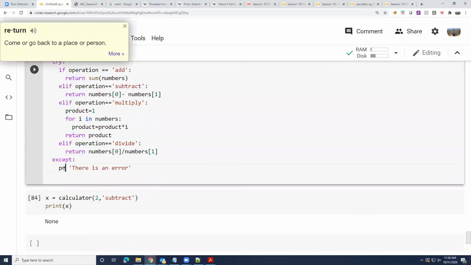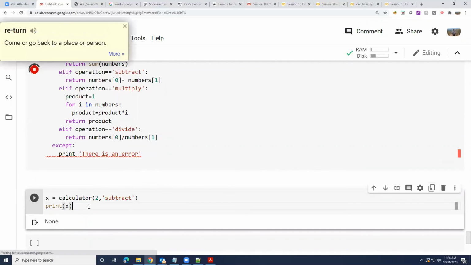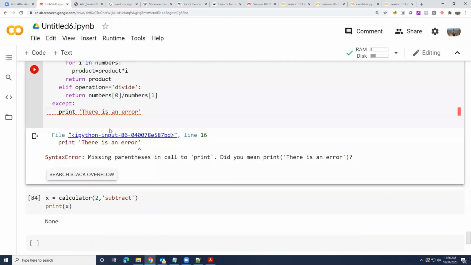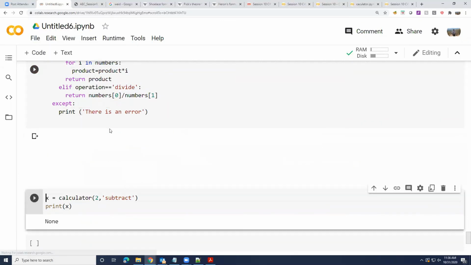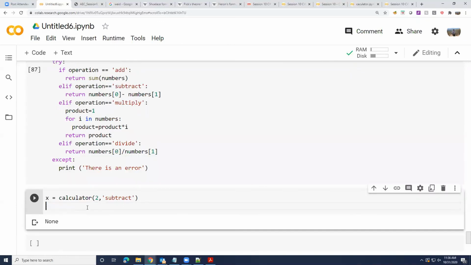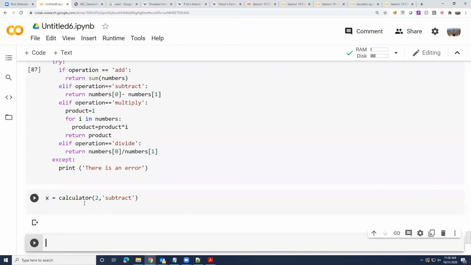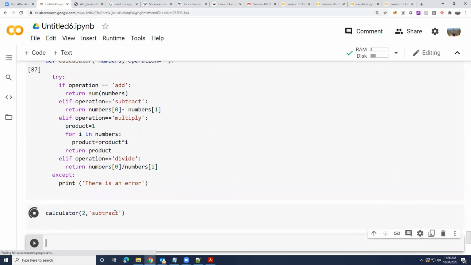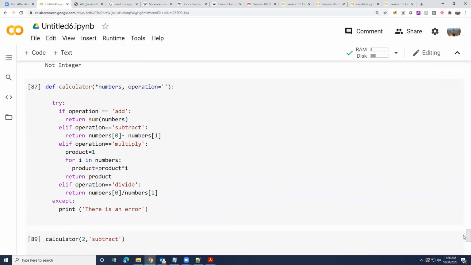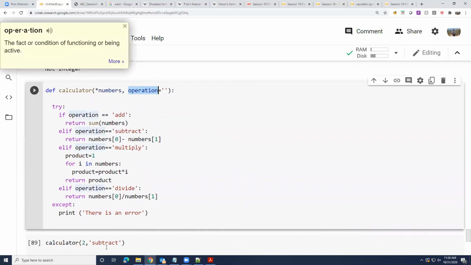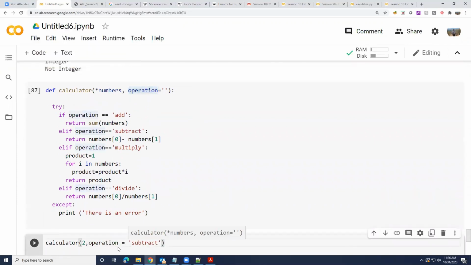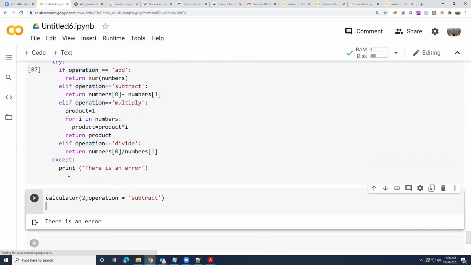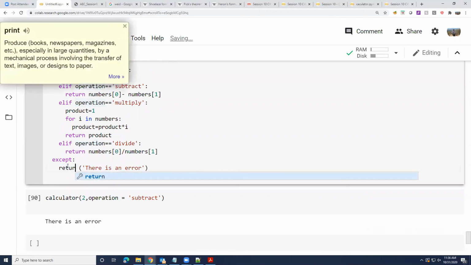Let's try printing here at least. What's happening? Because we are not calling this with operation, it's not going into any operation at all. So there is an error.